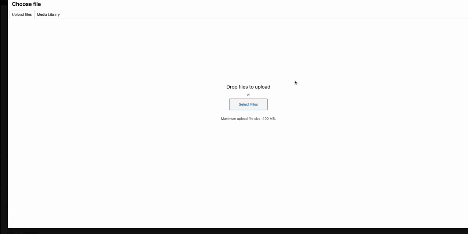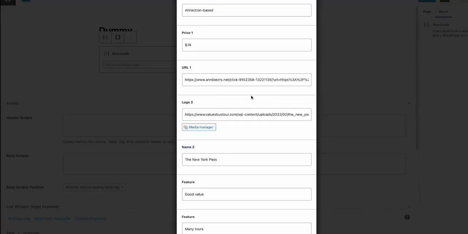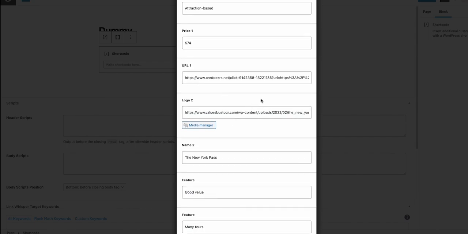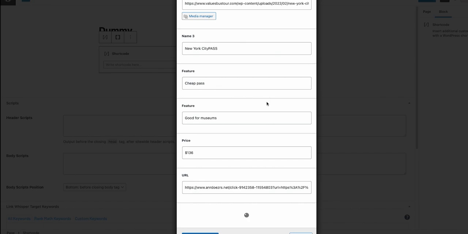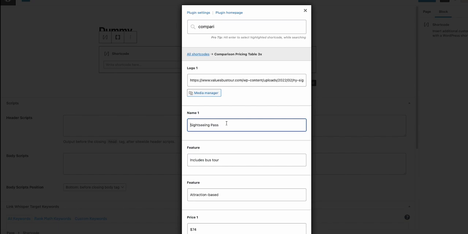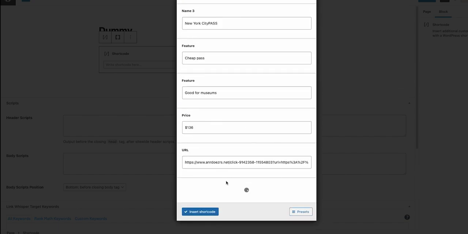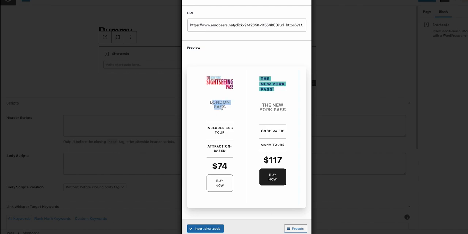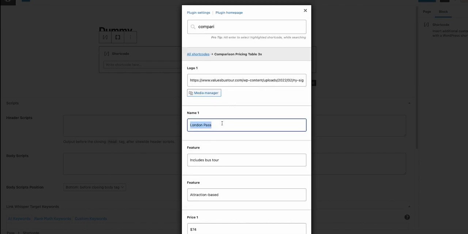In my case, for a travel blog, the best instance is to include the logo of a tour company. And so you'll see in this example, a city pass or a tour pass, is the example that we can live preview here. And it's responsive, so we have these 2. It doesn't show the third right now, but we have 2 comparing against each other, and this is where the logo in the media box would go. And let's just say we change this to London Pass, so you can see that it responds and changes right here. But obviously you'd want to change different fields for whatever you want to customize it as, and the different features. But I'll put this back to